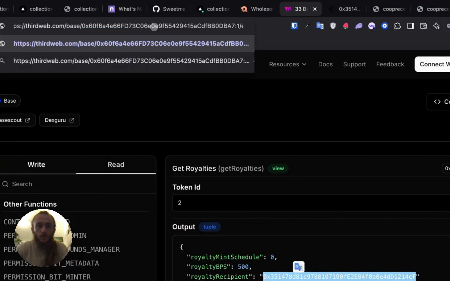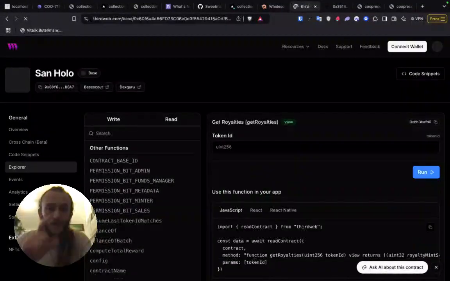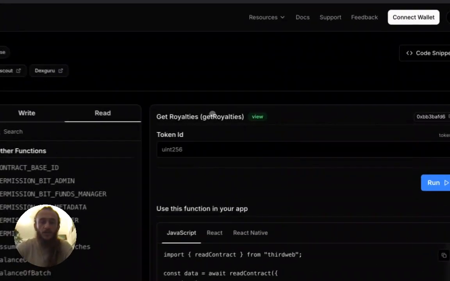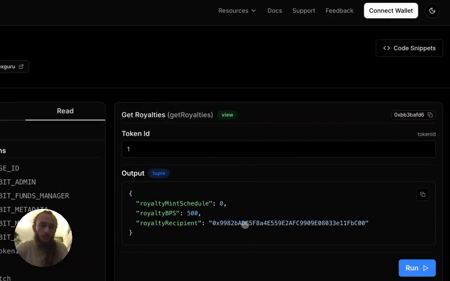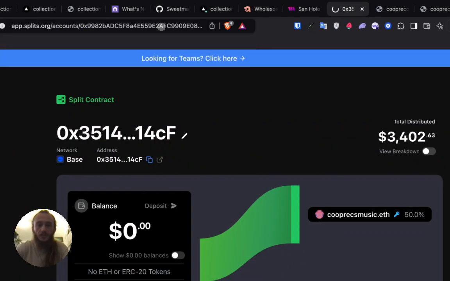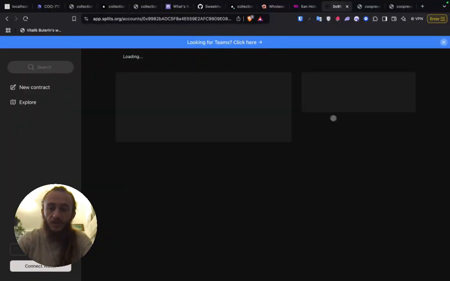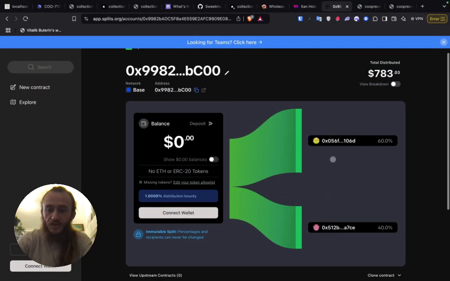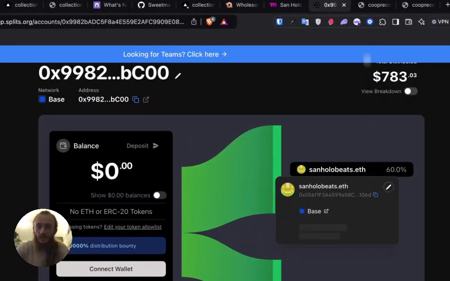I go over to Thirdweb to then get the contract, and from the contract you're going to look up the getRoyalties method for whatever the token is, any of the tokens. It shouldn't matter. What we're doing is we're taking the royalty recipients, putting it into 0xSplits, because all of the tracks on CoopRex follow 0xSplits. The first thing you do is you get a split, and then once you have the split you can then find one of the artist addresses. In this case it is a split between Sanholo Beats and CoopRex, so we can take sanholobeats.eth, copy that address,